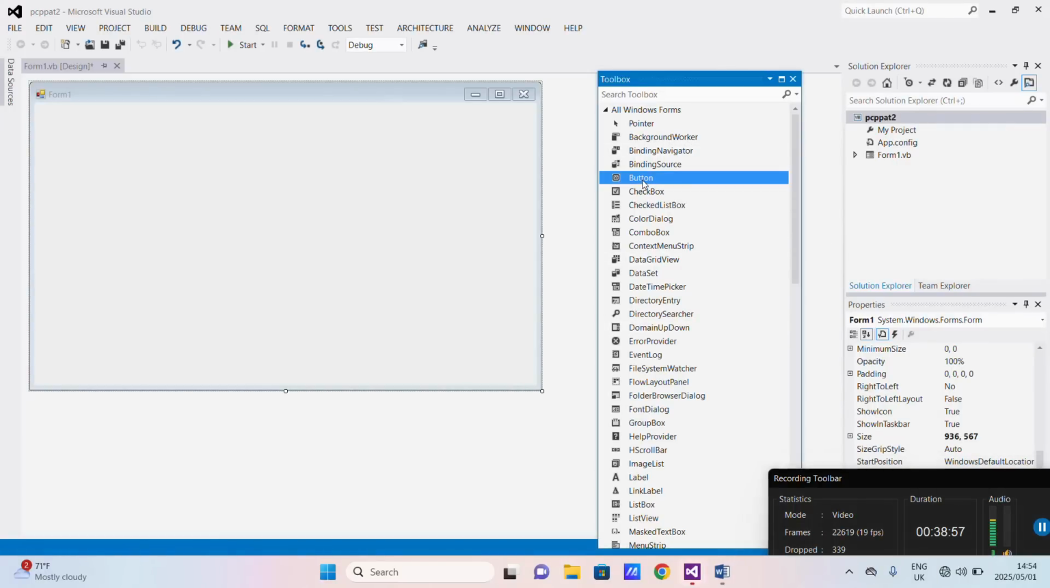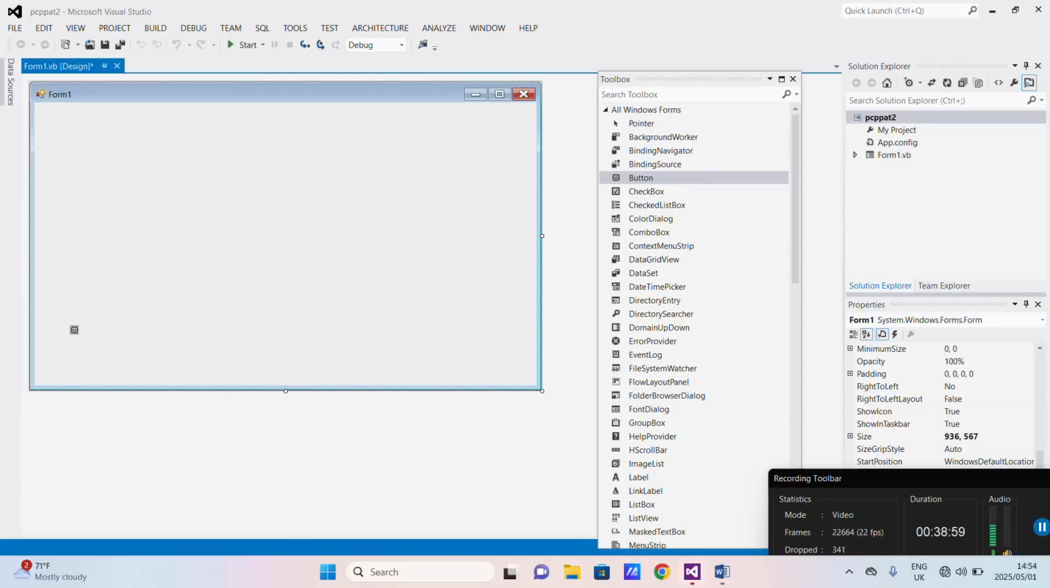All right, the things that we're gonna need for the interface is the button. We're gonna need the list box. Beside the list box, we're gonna need